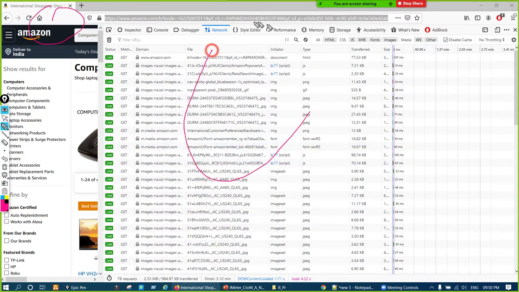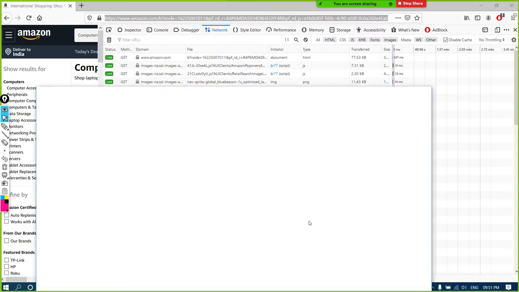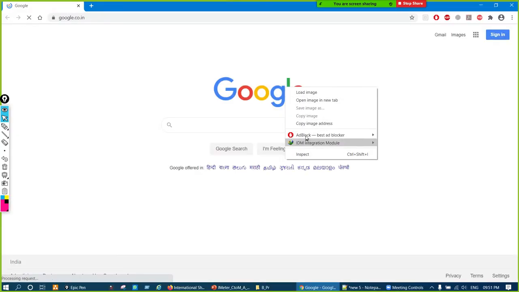Every website you can try at your end, and it is better to try in Mozilla Firefox, because the developer tool of Mozilla Firefox is a little bit nicer compared to Google Chrome. That's why I'm showing you in Mozilla Firefox. In Google Chrome also we can have a look, or in Internet Explorer. The developer tool of Internet Explorer is also much better than Google Chrome.